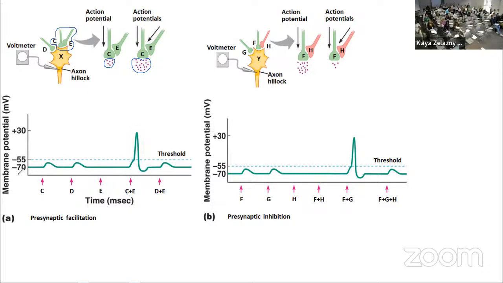When E fires along with D, there's no connection between D and E. So the peak that we see when D and E fire together is just that same peak that we saw for D alone. Pick up here next time and think about what happens when the synapse is inhibitory. The next time I'll do a combination, a little bit finishing up this modulation and a little bit of